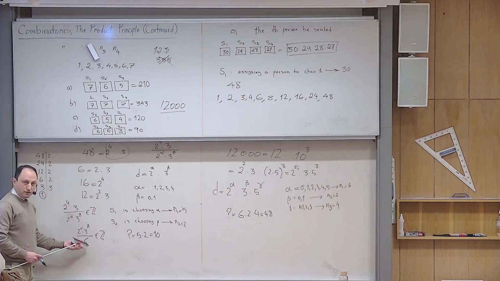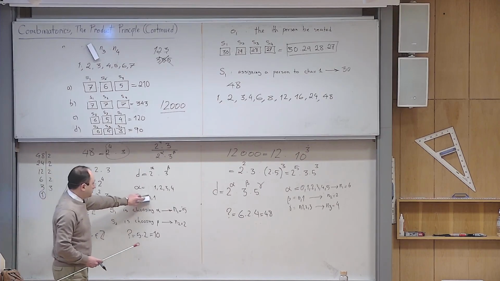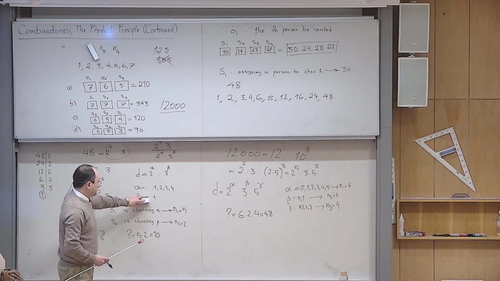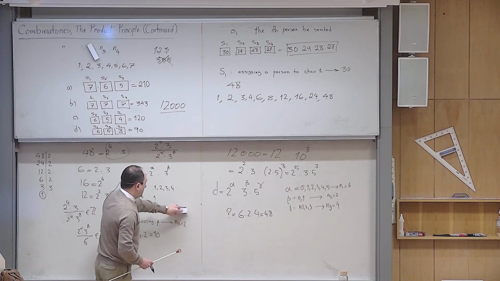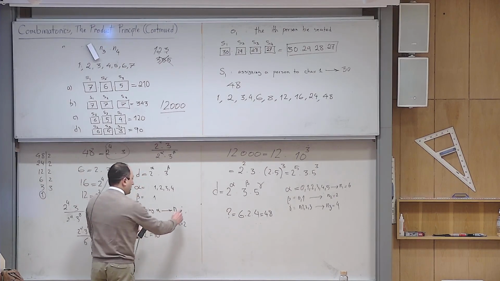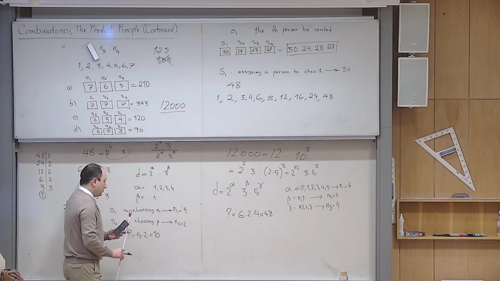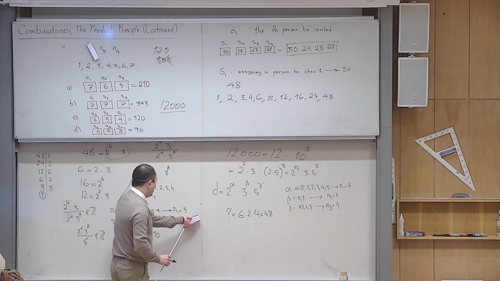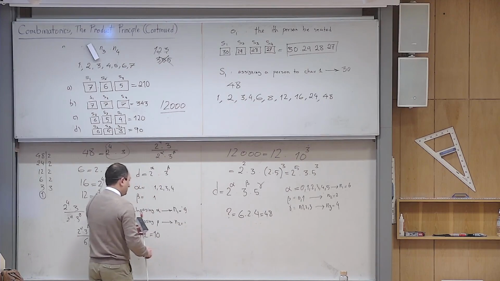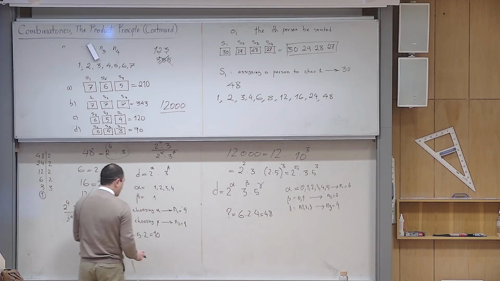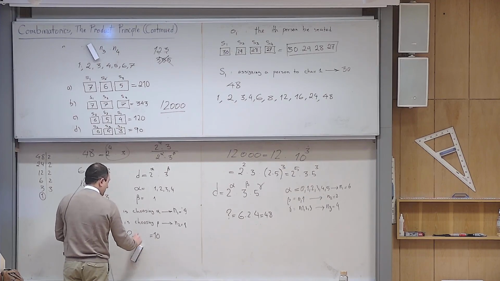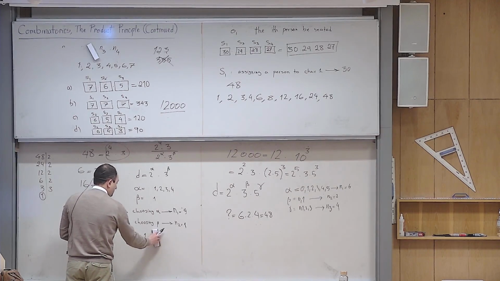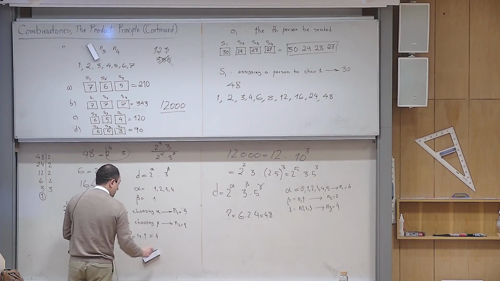No, because there is a 3 in the denominator. So beta cannot be 0. Okay, how many choices do I have for alpha? Not 5 anymore. I have 4 options. But how many choices do I have for beta? Only 1. Yes, and the question mark is not 5 times 2, it's 4 times 1. And the answer, as we predicted, is just